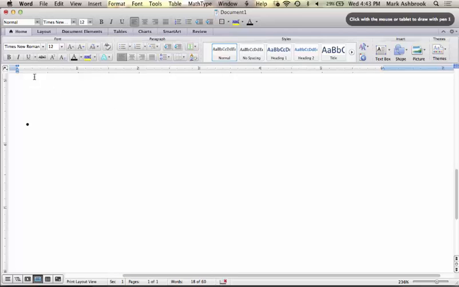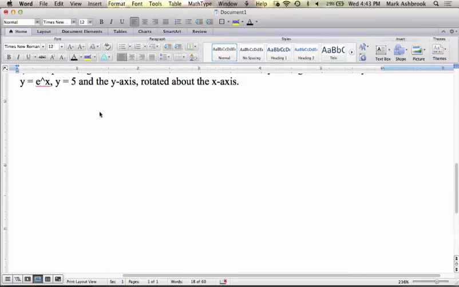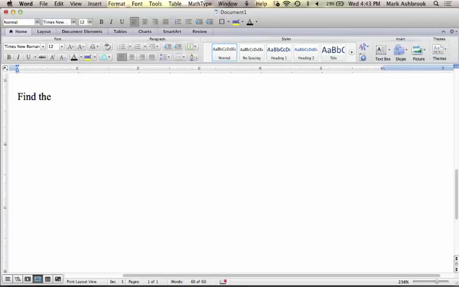So find, let's say, the volume formed by square slices perpendicular to